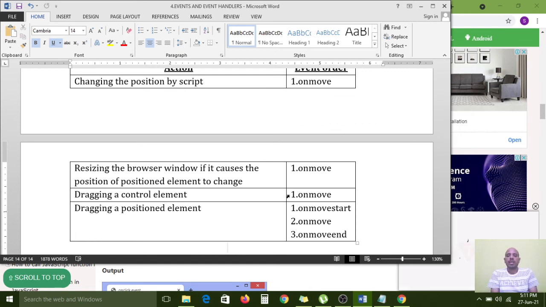The events concept is over in today's session, and at last we have a few more events. I will give the notes about them. You had better practice at your home.